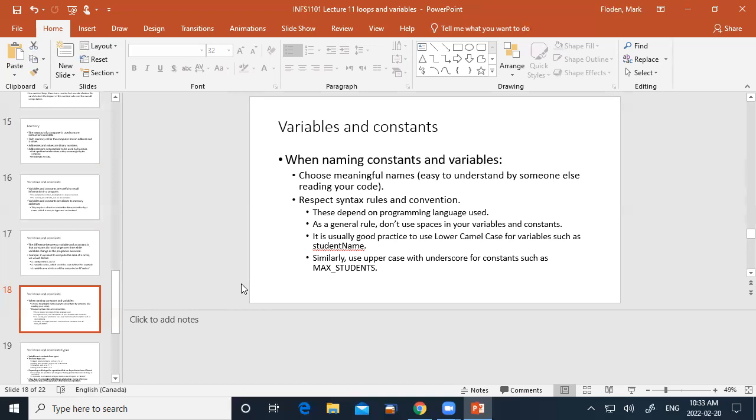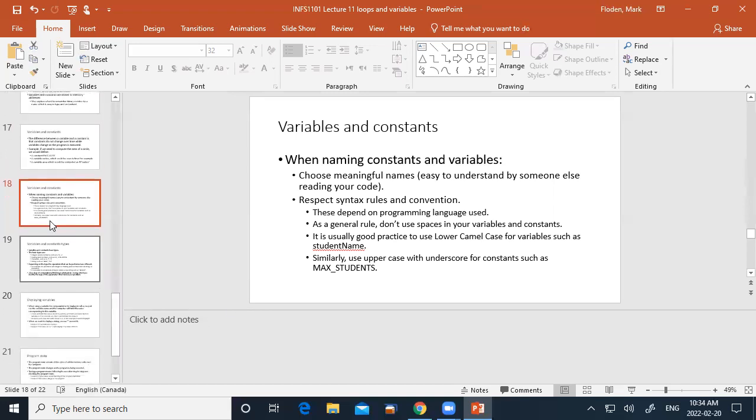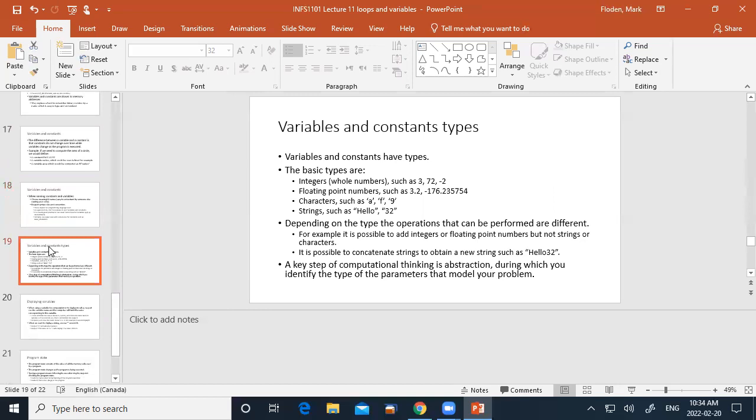We use the longer name to give it more meaning to anybody who's reading the program, so they can read the program and say, what is that? Oh, that's student name. It actually means something rather than just putting S or SN. The program would work with S, perfectly. But when you go to fix the program, or somebody else goes to look at it, if all they see is an S, they might go, oh, what's that? So it just makes it easier to fix the program. It's sort of internal documentation, we call that self-documented code. The code is telling you what it's doing. All right, so